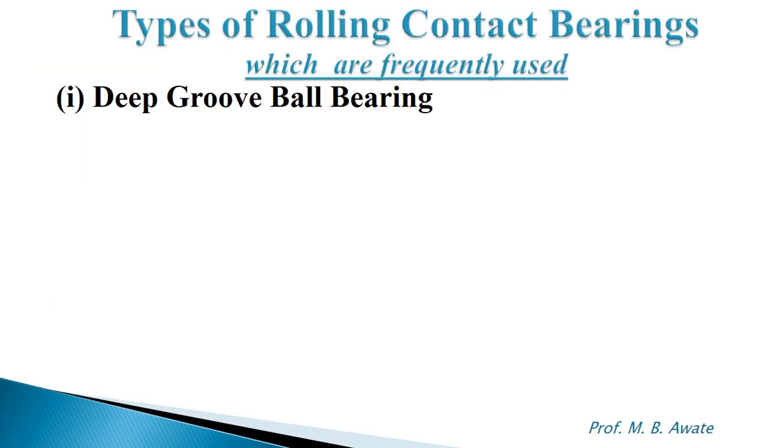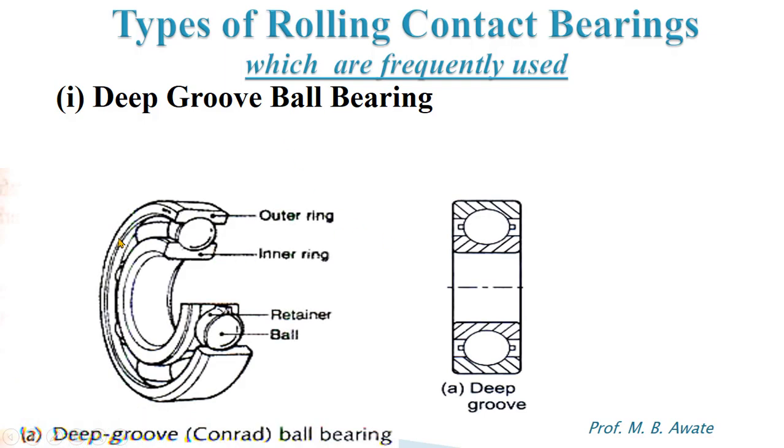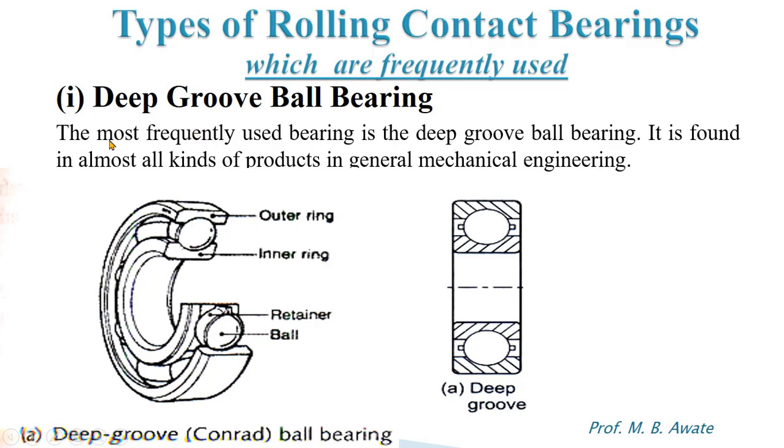First we will start with the deep groove ball bearing, which is frequently used. This is a figure of a deep groove ball bearing where the rolling elements are in the form of balls, and this is the sectional view of this particular bearing. This type of ball bearing we usually find in almost all mechanical engineering applications. The most frequently used bearing is the deep groove ball bearing. It is found in almost all kinds of products